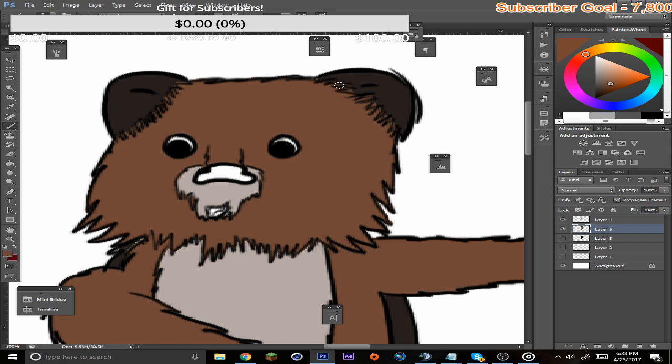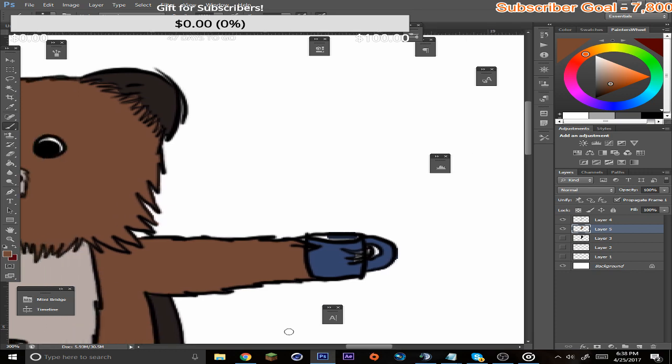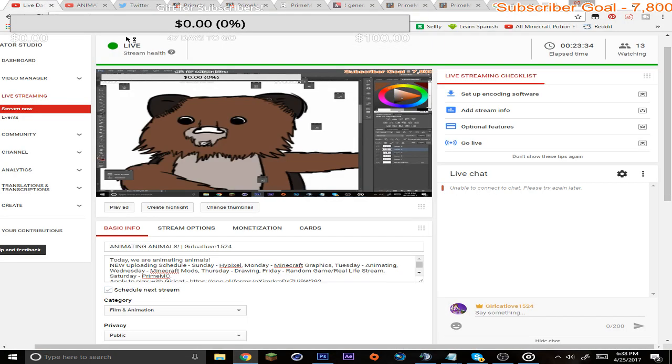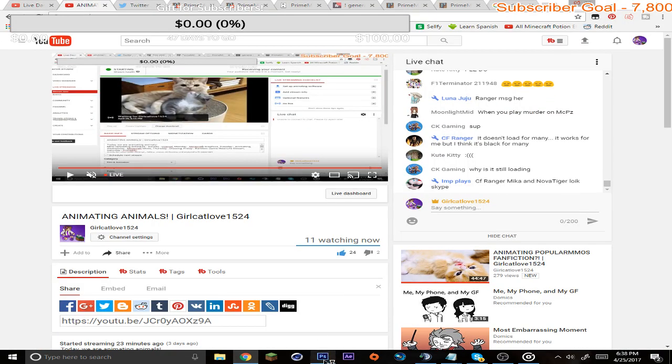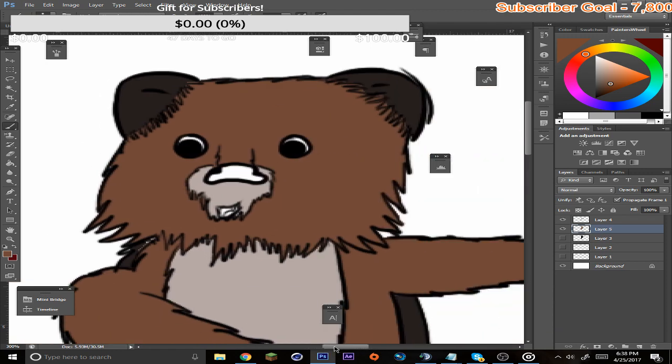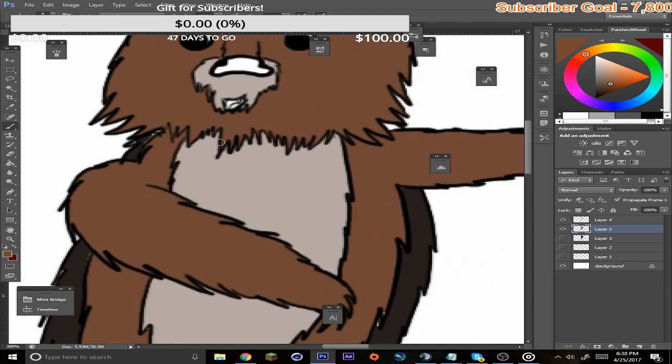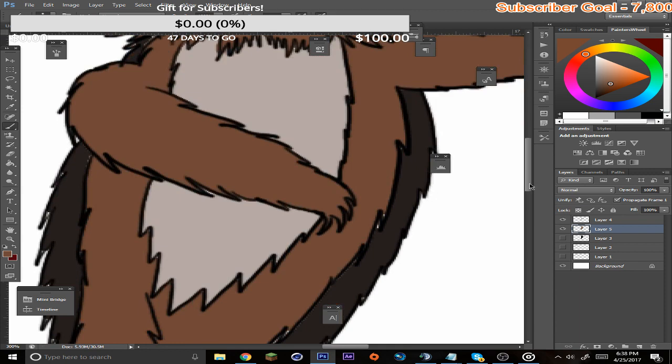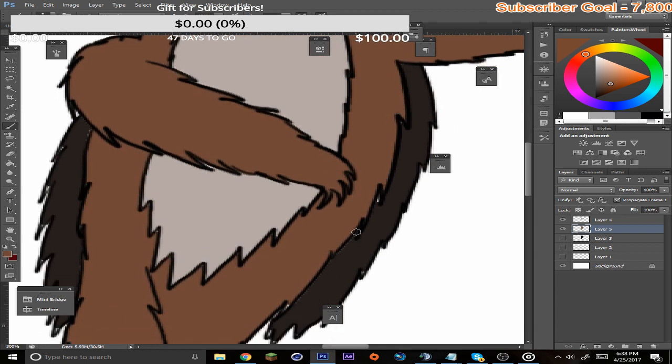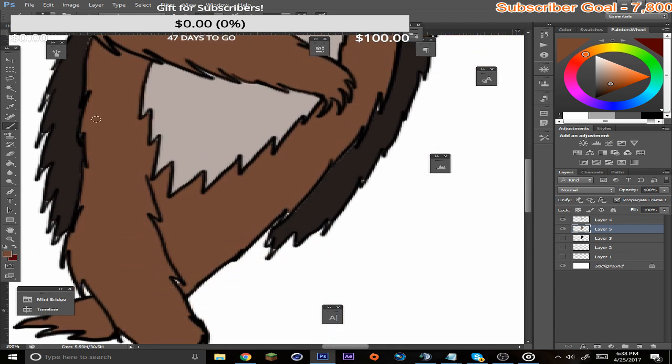Mwahahaha. Okay, let's see. So the problem is it doesn't load for many. It works for me, but it's black for many. It's loading. That would usually be a low output, but the stream health is in green, which means there's no low output. So maybe it could be YouTube, and it might not be getting to some places.